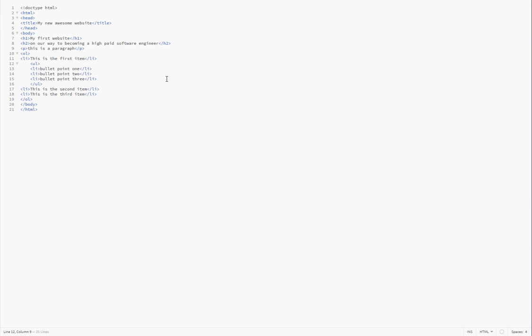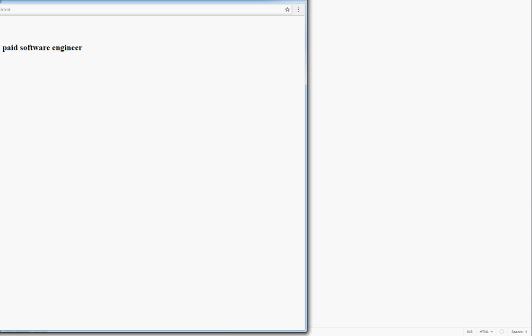I actually said that in this tutorial we were going to do the styling of HTML, and hopefully we'll get to that. But the first thing that is really important that we have to get to is talking a little bit about this head section of the HTML. Because if you noticed, this here says HTML head title my new awesome website. And it's not displayed here on our website, although it is displayed up here on the browser tab, My New